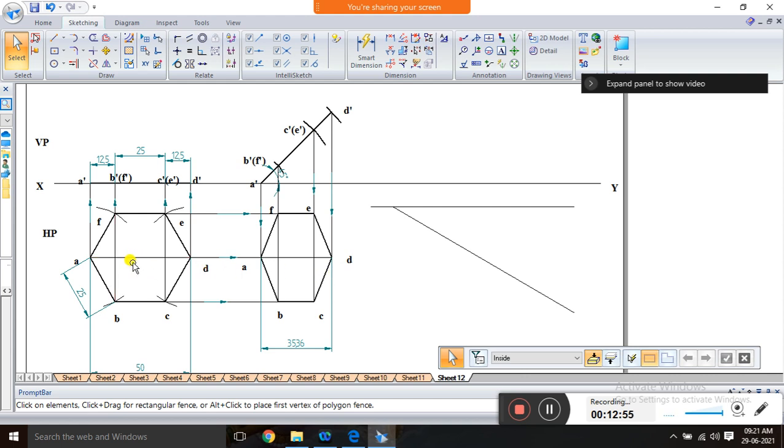The diagonal will change its length from first position to second position. That's why we have to go with the locus method, which means we have to find out the beta angle. Then on that beta angle you are going to reconstruct this entire thing.